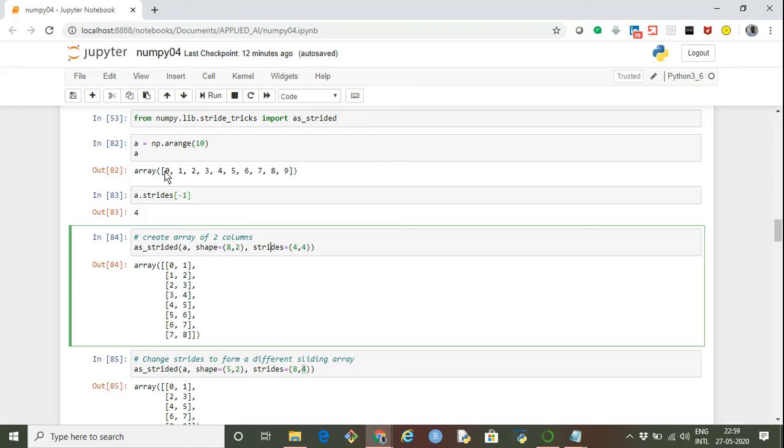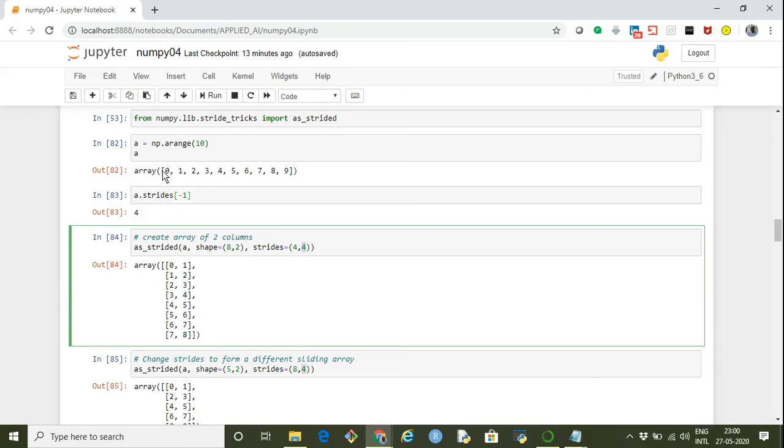So from 0 to 1 we make a stride of 4 bytes, and then we reach the next element. This 4 represents how many bytes it takes to make a stride from one column to the next within a row. Now when we have to jump from one row to another row, what is the stride we have to take?